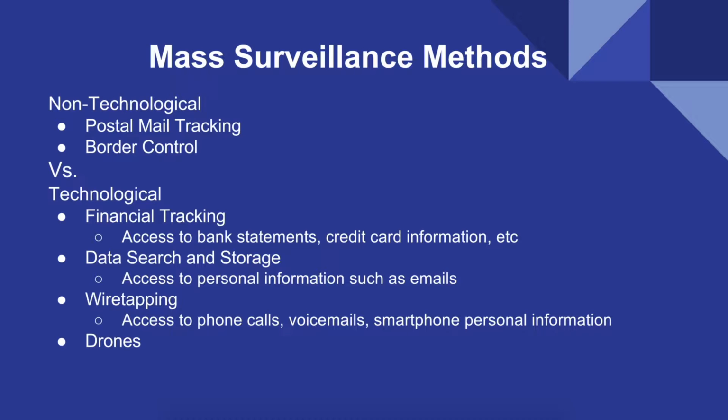The government has access to many types of technological surveillance techniques, most of which are extremely hard to catch because it is technological or silent tracking. Some of these techniques include financial tracking, the government's ability to search and retrieve information from banks and credit card companies, and data search and data storage, the government's ability to basically search any database and have access to information, even